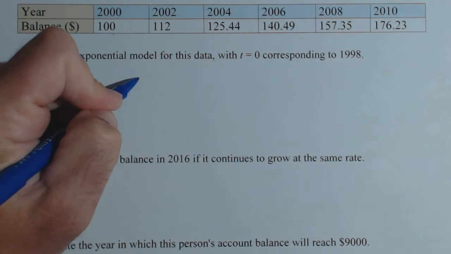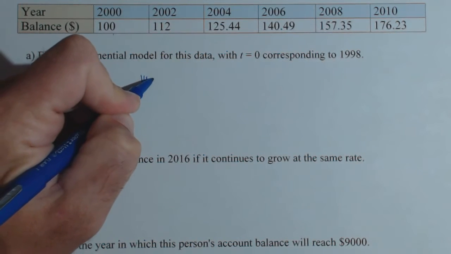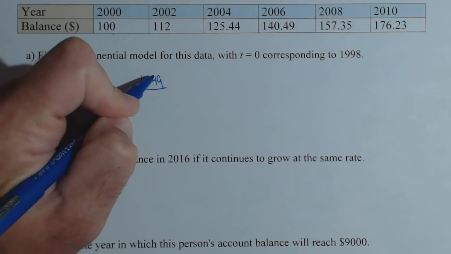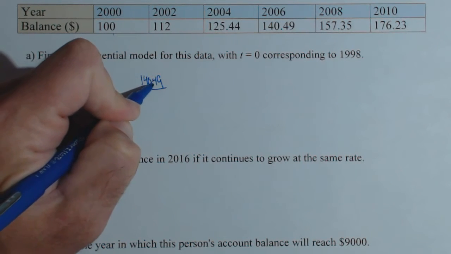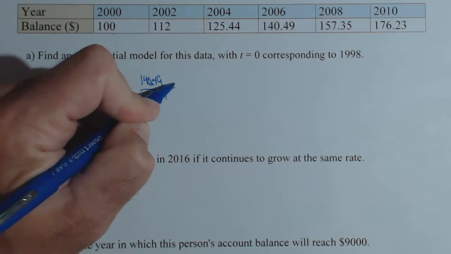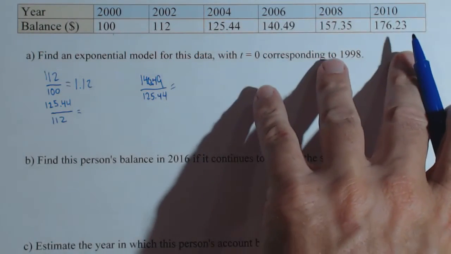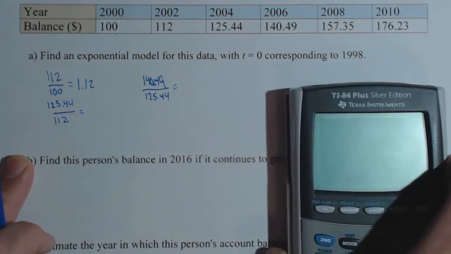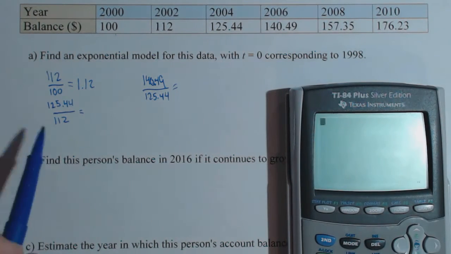So we're going to bring in the calculator here, but we won't do all of these for time's sake. You'll see the pattern. 140.49 over 125.44. That's enough for this particular problem. What we would do in general is check all of them, but I just want to demonstrate. So we would do